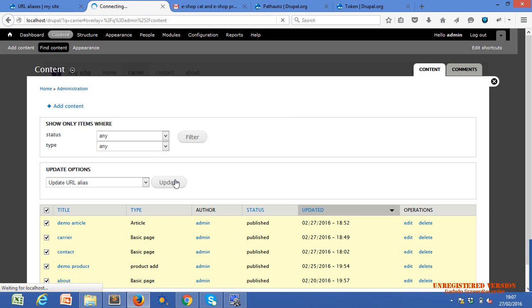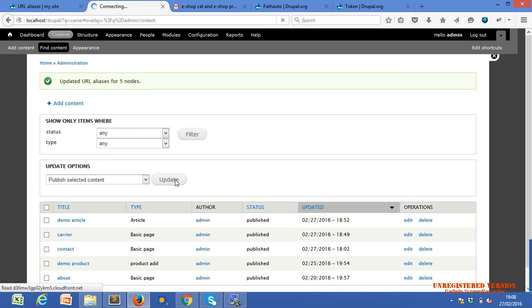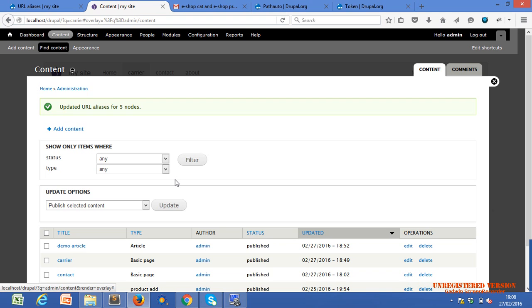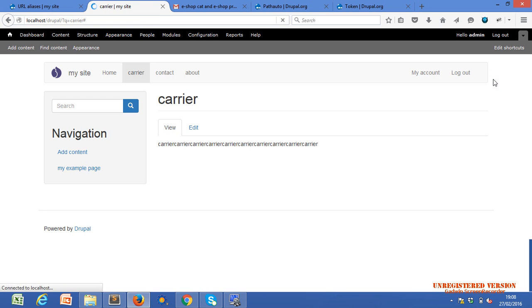Whatever we just set means we said that within the URL we are entering only our node title. Whatever we give as the title, carrier is the title, demo article is the title, contact is the title. So we set the title, and the title should appear in the URL.